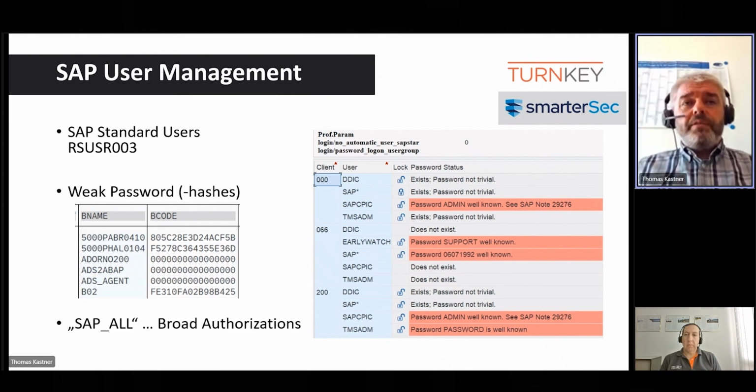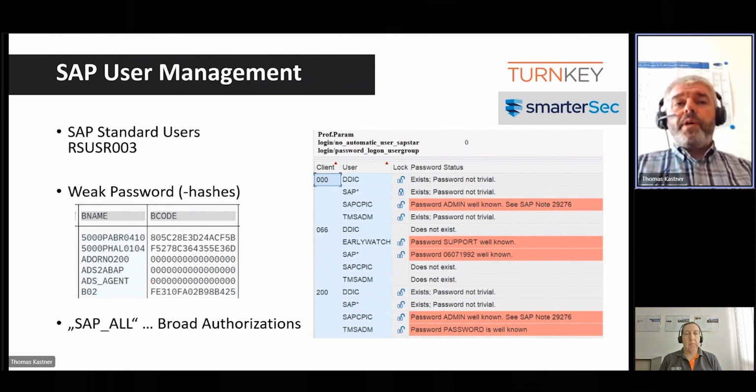Last but not least, just last week I did a screening of an SAP system having about 5,000 user IDs, and about 5% of those had SAP_ALL. That's a no-go. This figure should be 0. Only a firefighter should have SAP_ALL, and that just temporarily and not always.